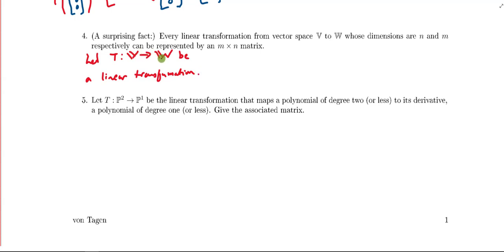Not just any mapping from a vector space to another, but specifically a linear transformation where the dimension of V equals n, and the dimension of W equals m. Then there exists an m by n matrix A,